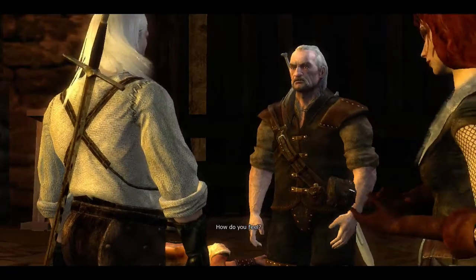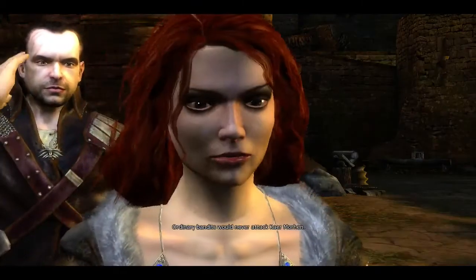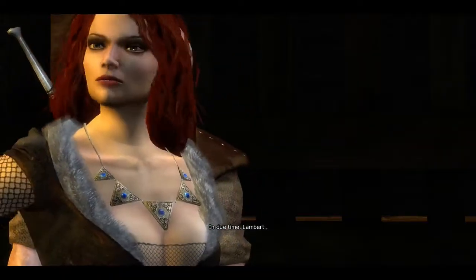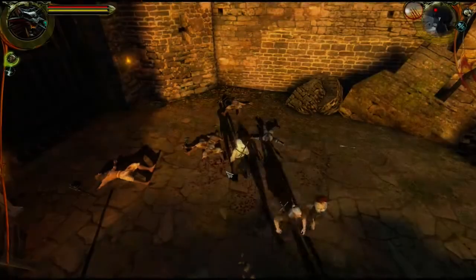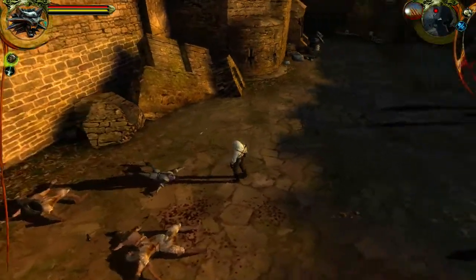How do you feel? Fine. Anyone know who the intruders are? Ordinary bandits would never attack Kaer Morhen. That we know, Marigold. You could try some of your famous magic. In due time, Lambert. Enough! We need to check the other possible passages to the upper courtyard. And I want to see...